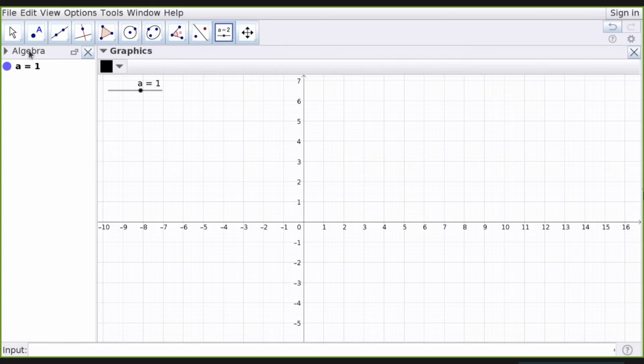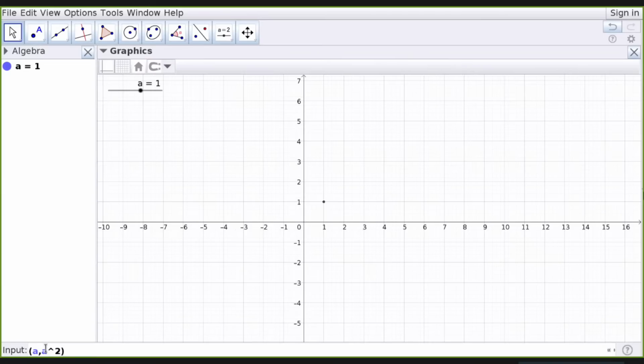Now I told you that it will work like a variable. Now how I am going to use it: I will go to the input and take a point. The point is A comma A square. Square can be typed in two ways. One is the caret symbol, which is hold shift and press 6.